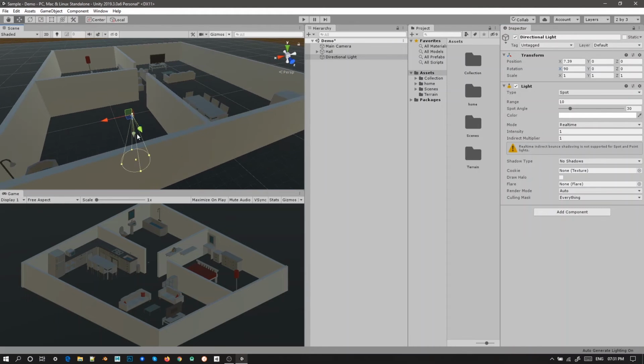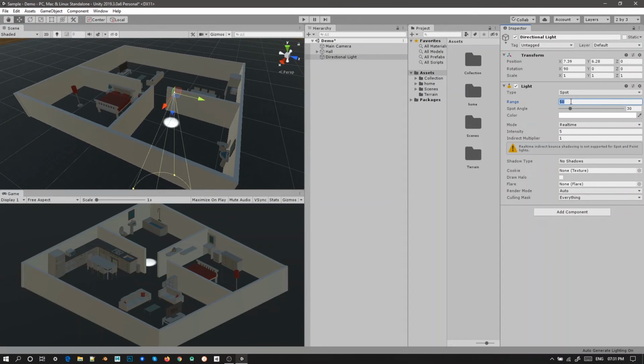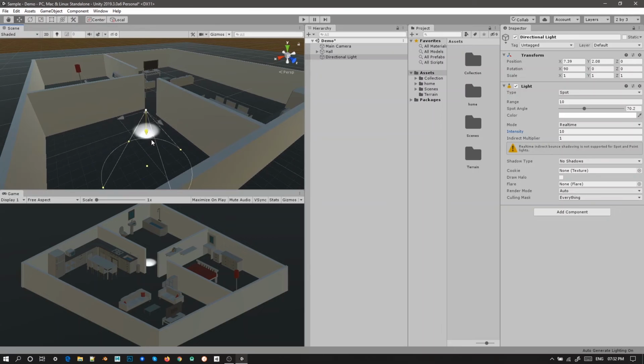Now we shall go to the intensity and the range. The range and intensity can be given according to your wish. For example, now we are giving a range of 50 and an intensity of, let us give it as 10, right? So now we can see that according to the range and intensity, you can see the difference of the light here, and it is exactly like the flash of a torchlight, guys, right?